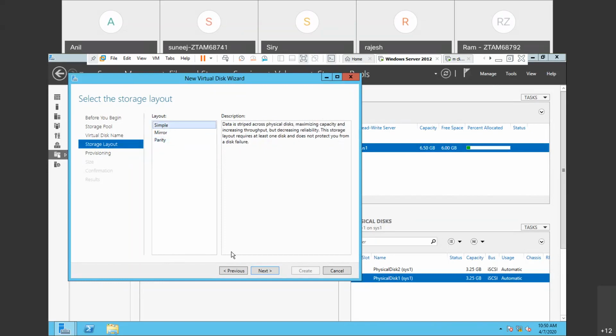I'm going with what? 2 hard disks, so I'm going with what? Simple. Simple means RAID level 0. If I select mirror here, it means RAID level 1. If I select parity here, it means RAID level 5. Next,